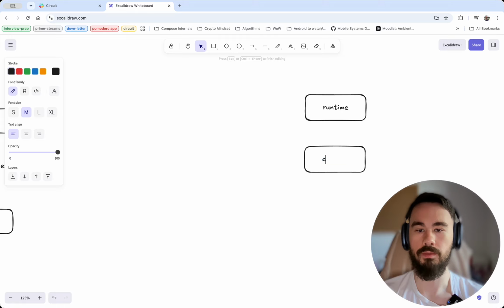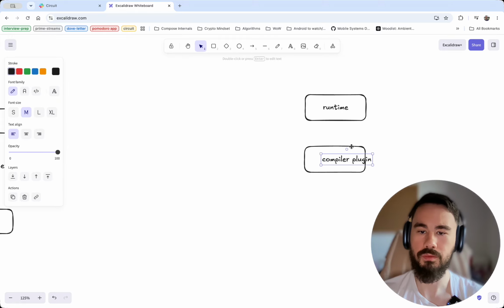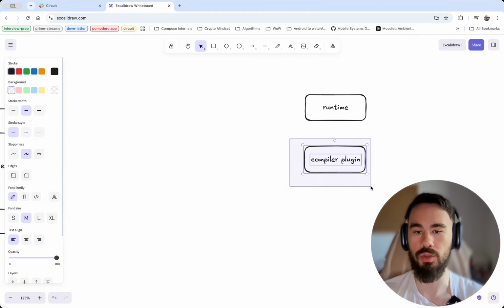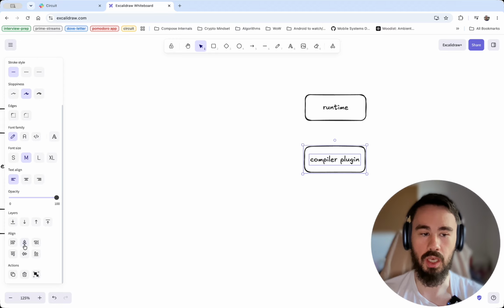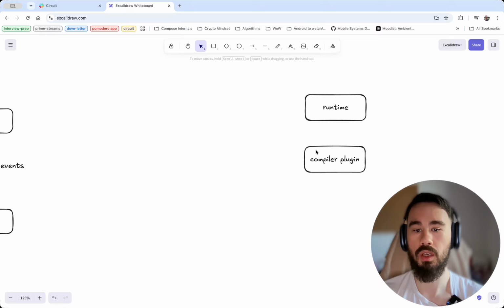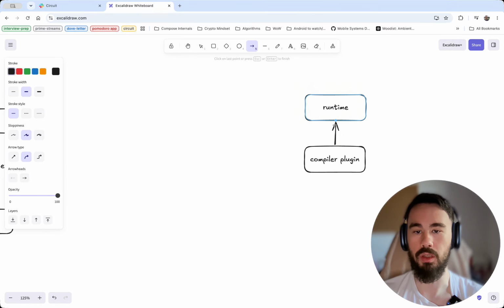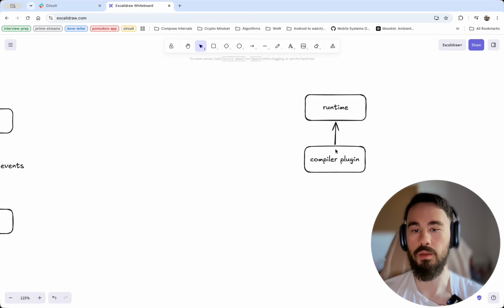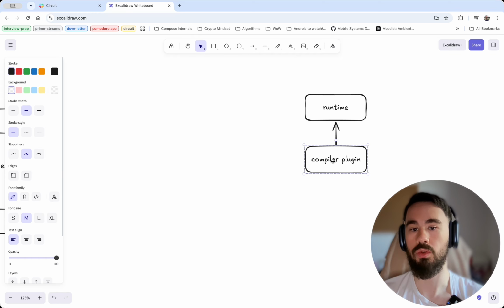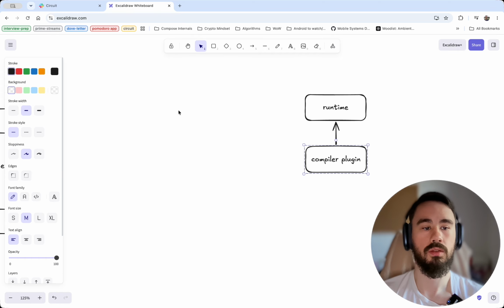And there is the compiler plugin, and this is the core of Compose. This doesn't have anything to do with UI, though those two are actually connected. The compiler is teaching the runtime how to work with your code and how to use it, but